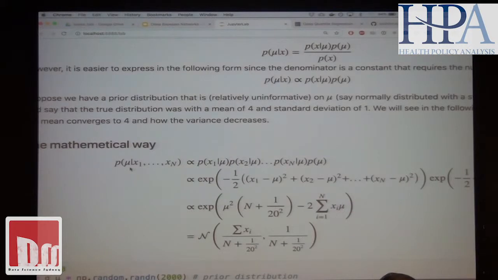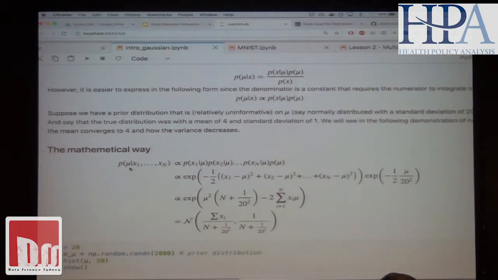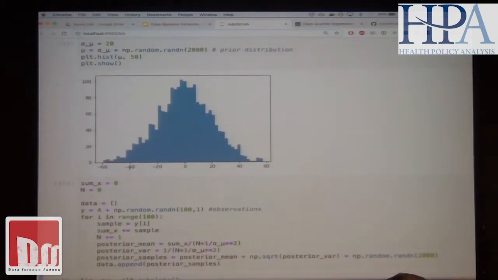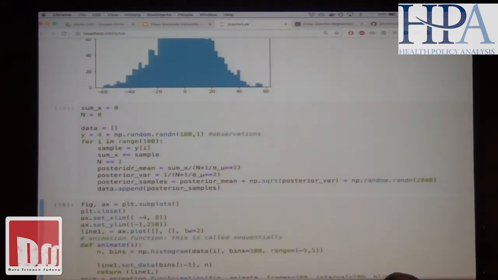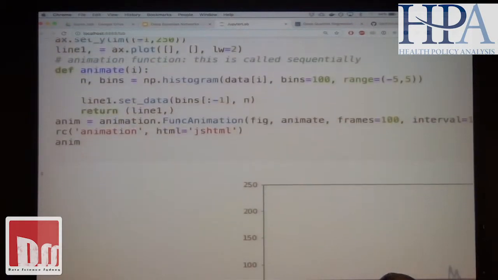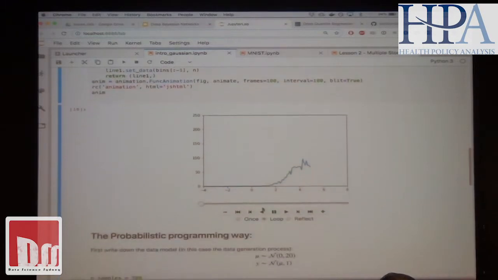Okay, so you can go through the maths and check it if you want to later, but I've done it for you for now. This is basically how, given 100 observations, I would go and update the posterior mean. Just a quick video of that, but that's how the mean converges, right? The more and more data that I get, it's starting to converge onto the mean of 4. And the second thing you should really notice is that the variance is starting to decrease.